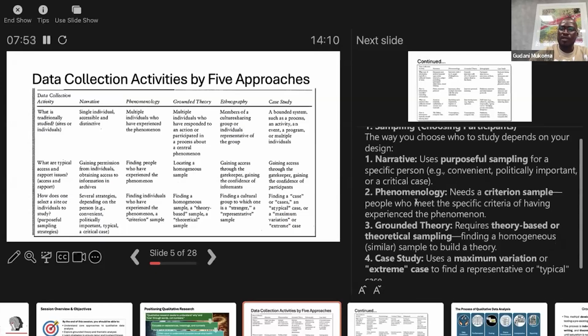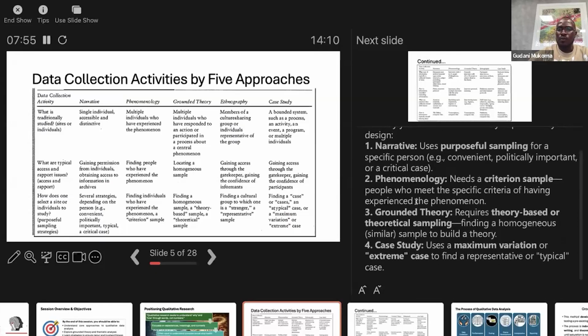And for example, I mentioned that if you want to conduct a study that is focusing on a specific phenomenon, the sampling criteria that you're going to use will be to have participants who meet that specific criteria of having experience on